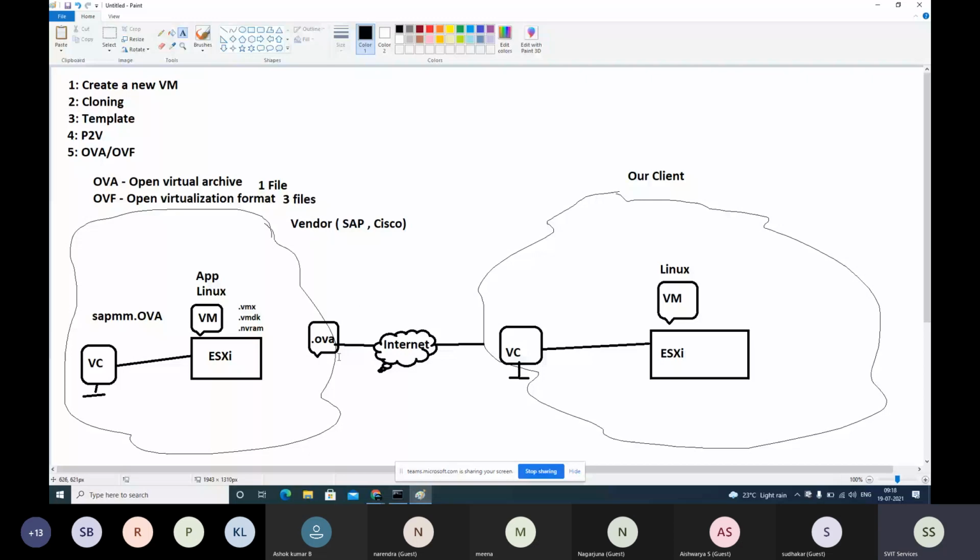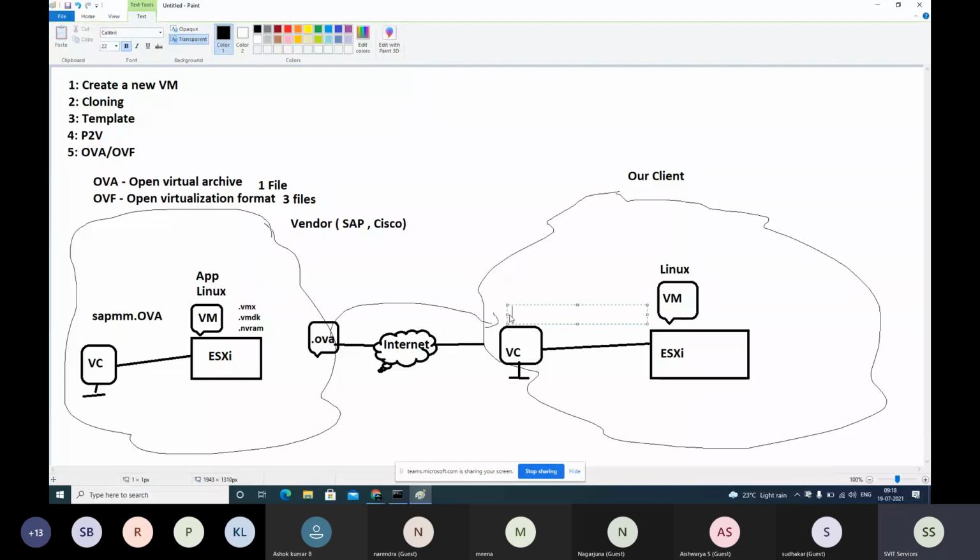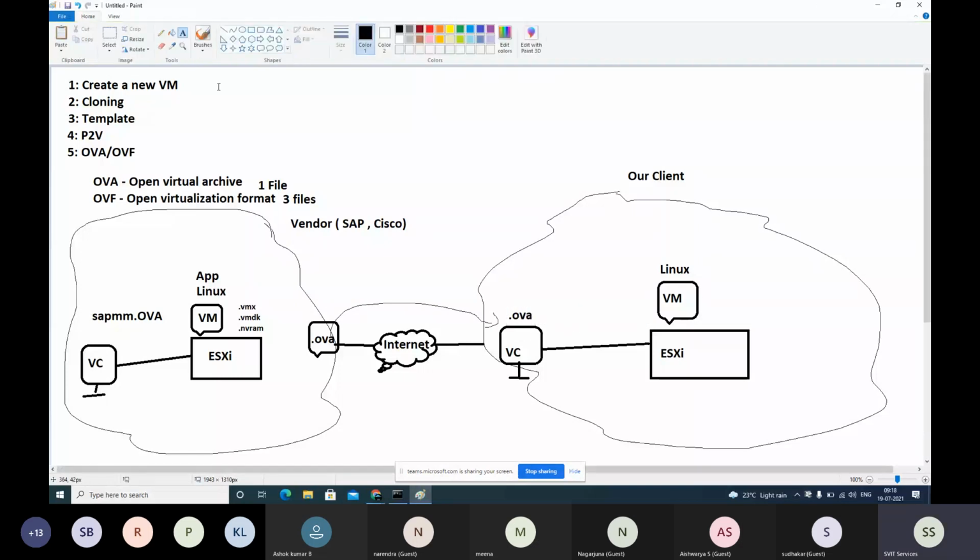Now we downloaded that file from there to our vCenter, because we are connected to the internet. So the OVA file is downloaded here. Now using this OVA file, you don't need to create any virtual machine. Using this OVA file, VMware administrators will again extract it as a virtual machine.